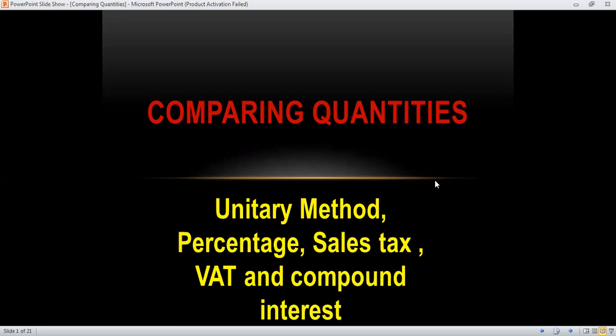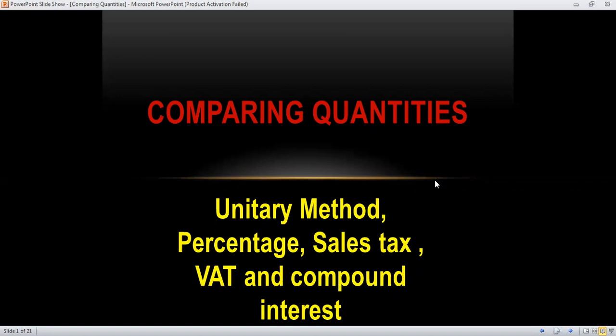These topics are very important in your course. Not only in class 8, but these topics are going to be very important for your other classes like 9, 10 and so on. Also in your competitive exams, these topics are very important, and most of the questions we see are related to our daily life.